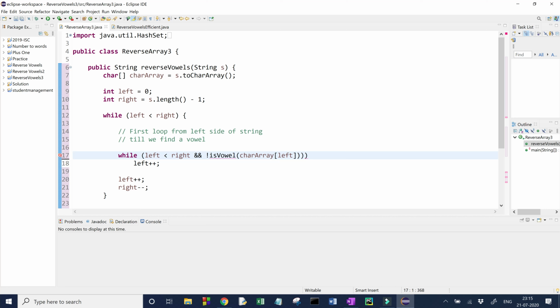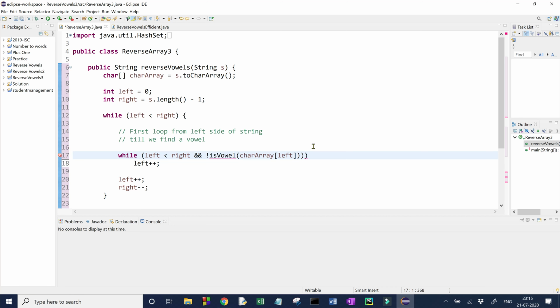We will make this function later on, but this function simply takes one character as an argument and returns true or false depending on whether that character is a vowel or not. If it is a vowel, it will return true. If it is not a vowel, it will return false.